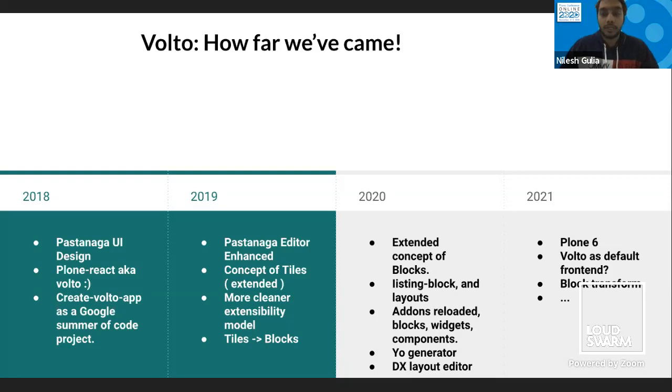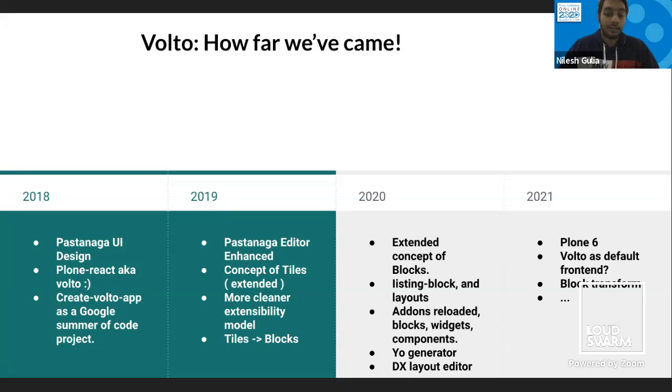Coming back to 2020, this year, I would say this is the major year for Volto add-ons, because we have made a tremendous amount of configuration in the add-ons area. We have extended the concept of blocks to behave as an add-on, thanks to Tiberiu, who created the whole add-on architecture.